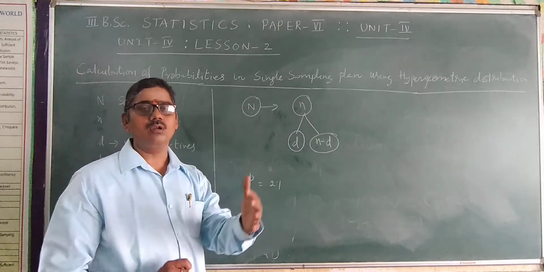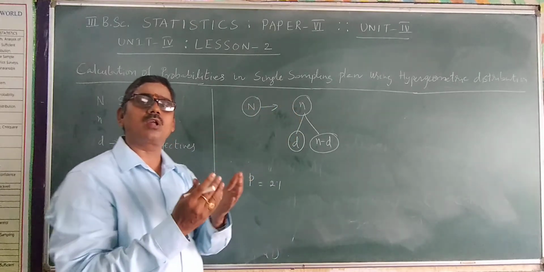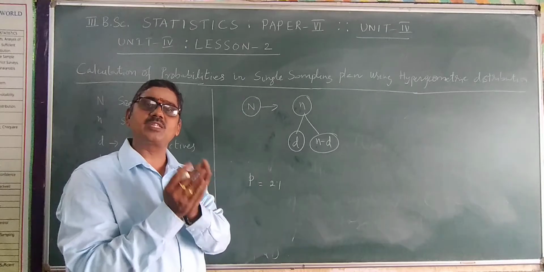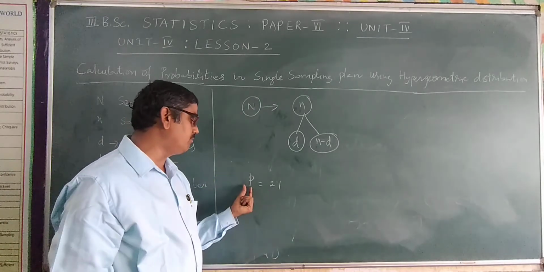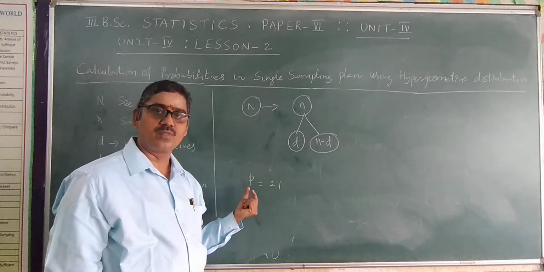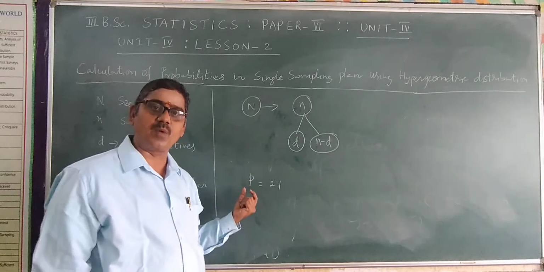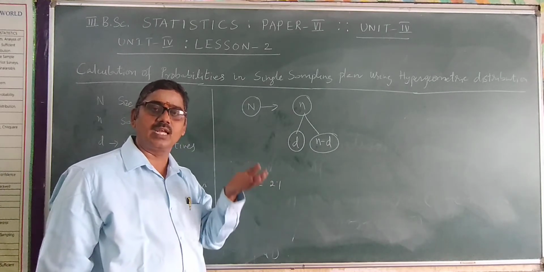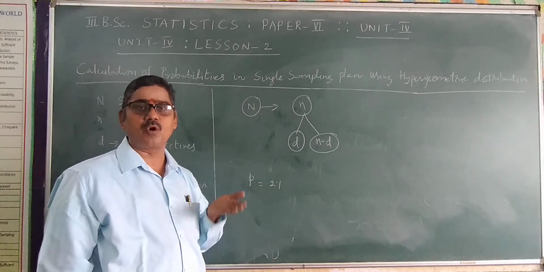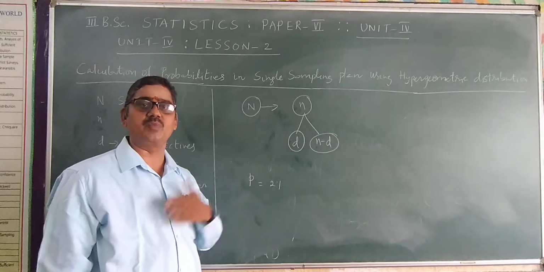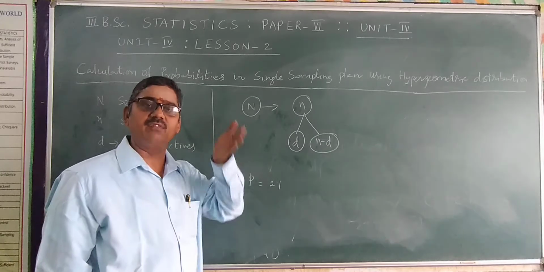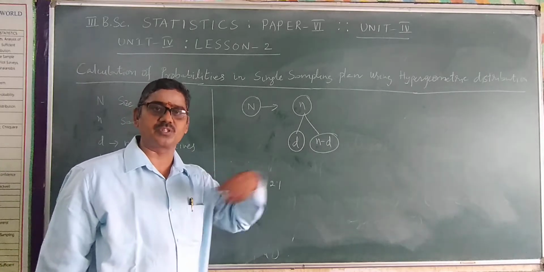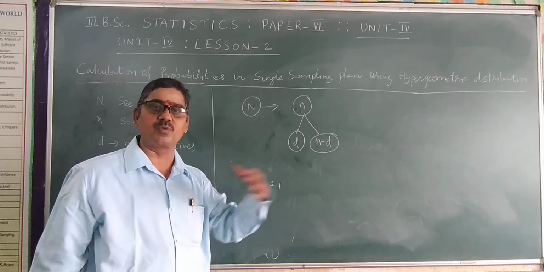So therefore, whatever the total number of defective items can be specified through this simple probability small p. The probability of getting defective items, we can think of in that manner also. The proportionate number of defective items is p, the probability of getting some number of defective items in a continuous, repetitive process.